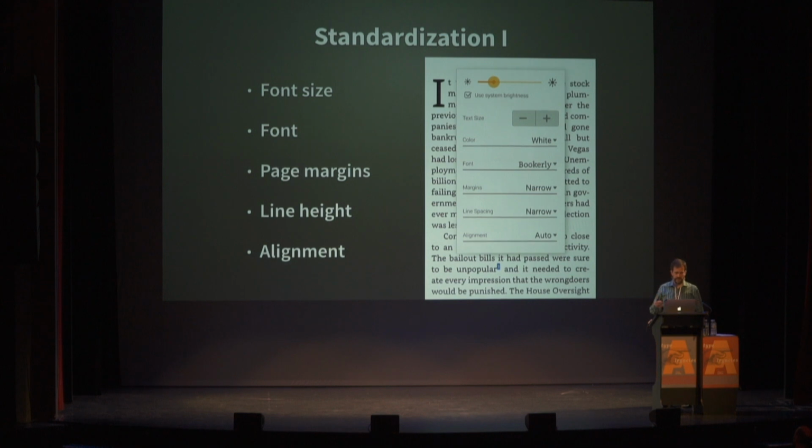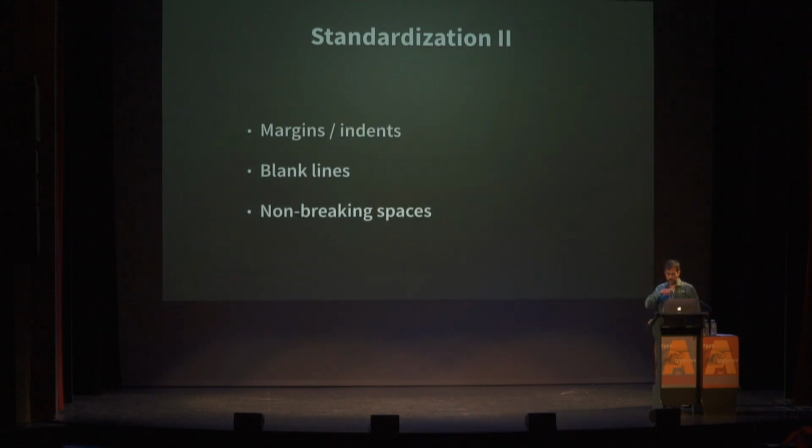I'm not particularly a fan of that. And for font size, for example, the body size, the reader defines the size. We don't let the designer define the size. So these are some of the standardizations we have to do in order to give control to the reader. Some of the other ones we do,